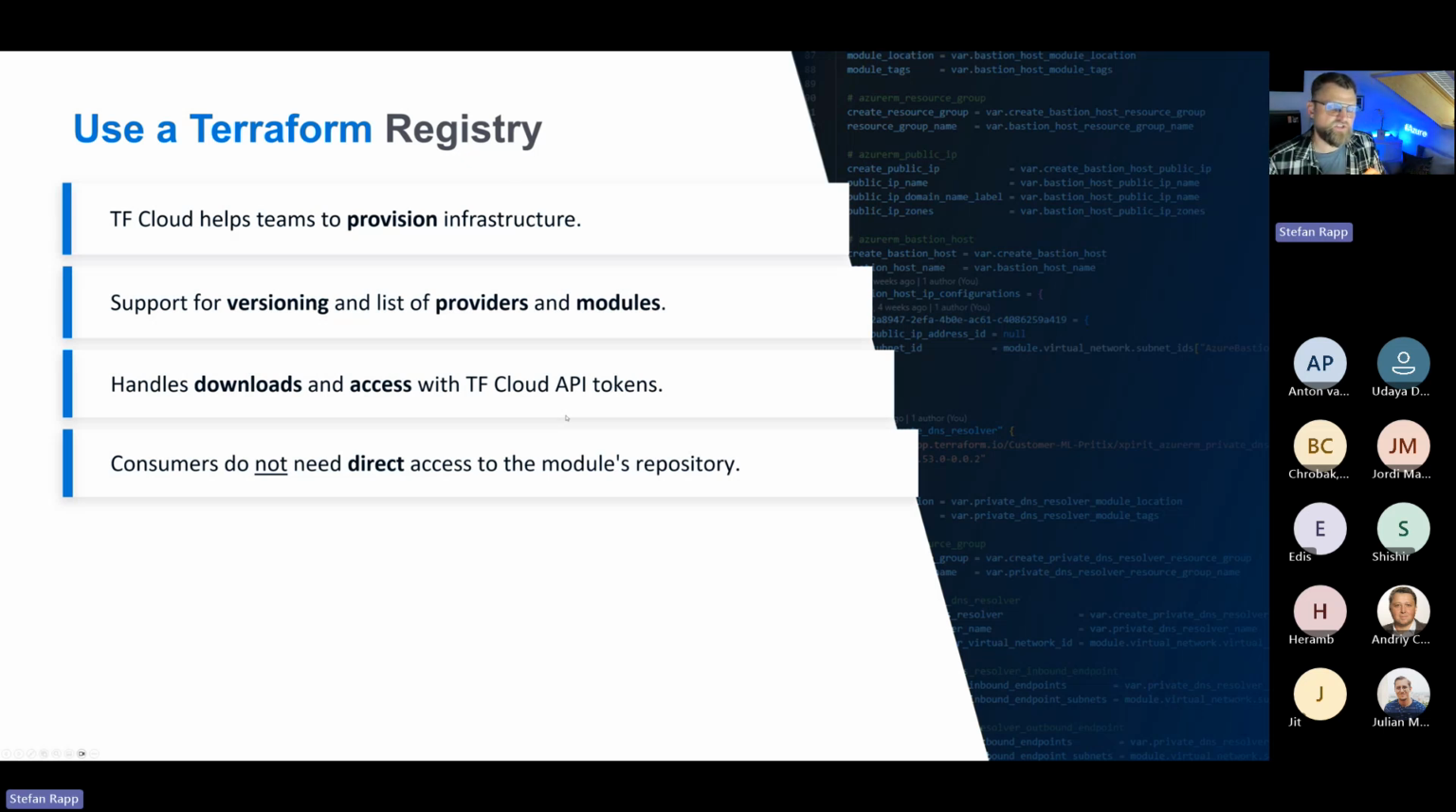The good thing with a registry is also we don't have to give our consumers directly access to our repositories. So more or less the Terraform registry is a layer in between our consumers and our repositories on, for example, GitHub or GitLab or whatever. So we can also hand over tokens so they can access the library, but also set several kinds of permissions instead of giving them